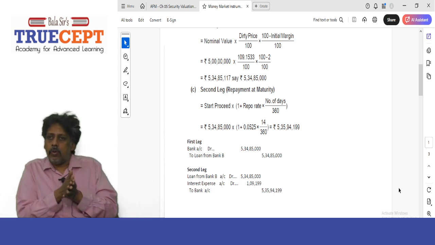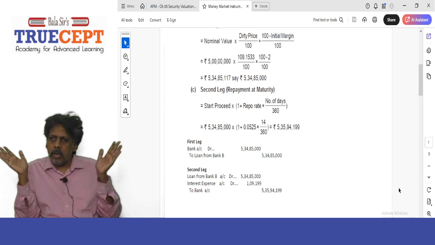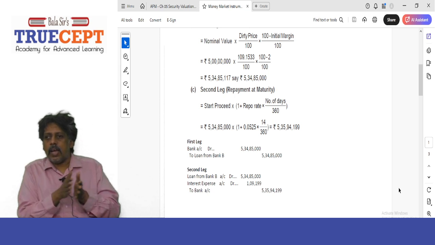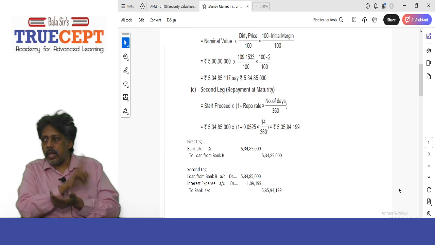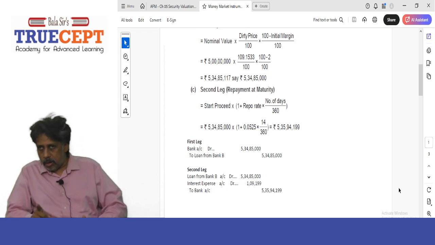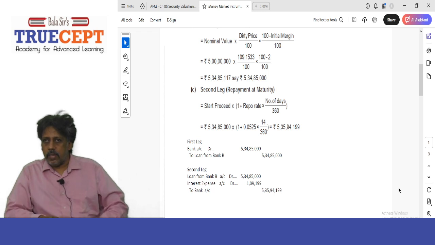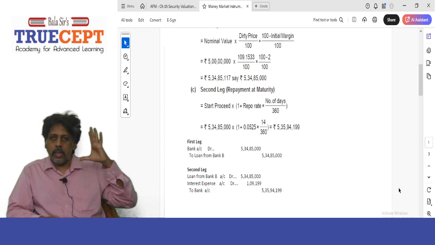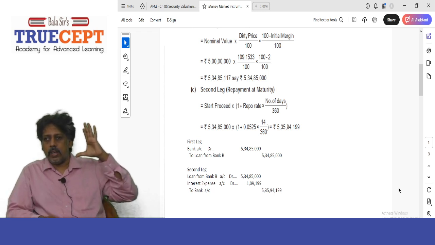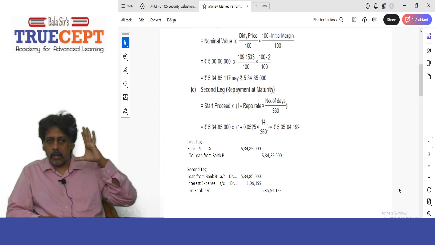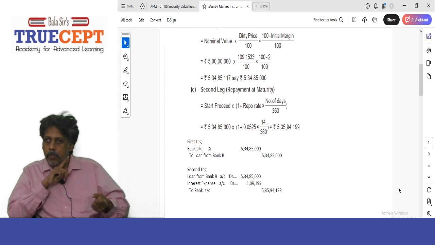Then add it to rupees 5,34,85,000. So you get the amount to be repaid. Or what you can do is take the amount borrowed into 1 plus rate of interest. That's what they've done. It is 5,34,85,000 into, in brackets, 1 plus